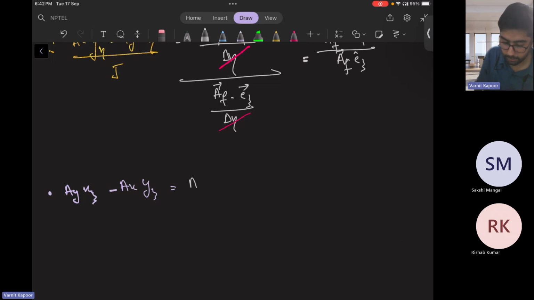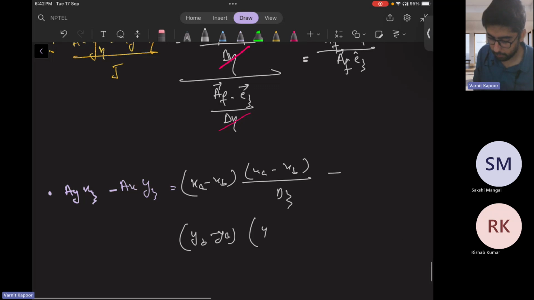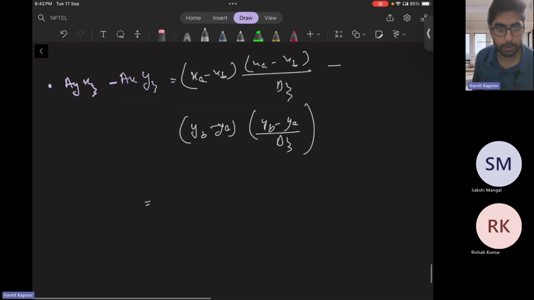This is (xa minus xb) into (xa minus xb) over del zeta, minus (yb minus ya) into (yb minus ya) over del zeta. So this can be written as, again,